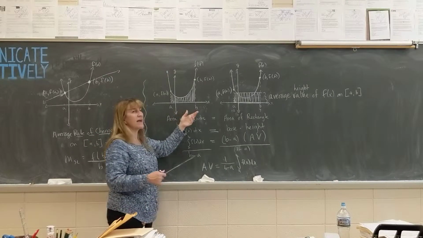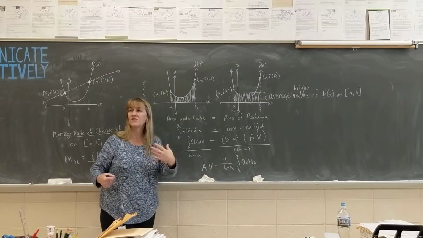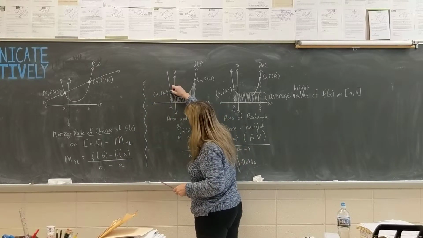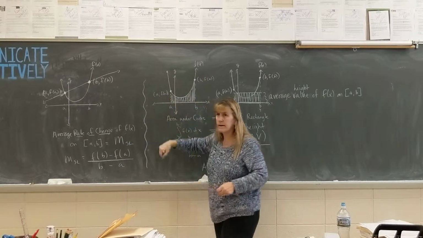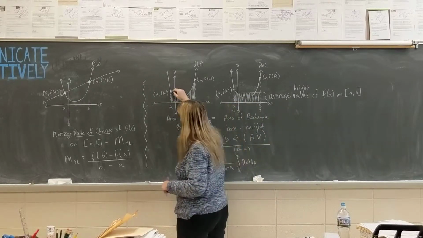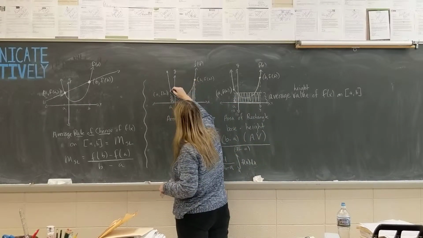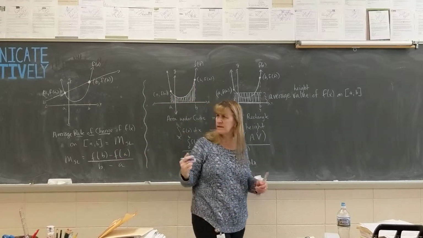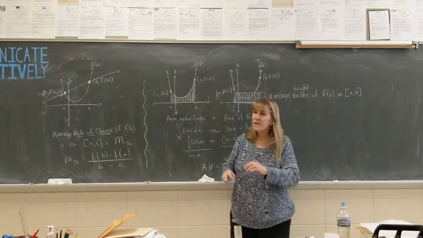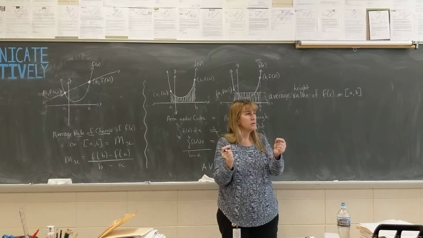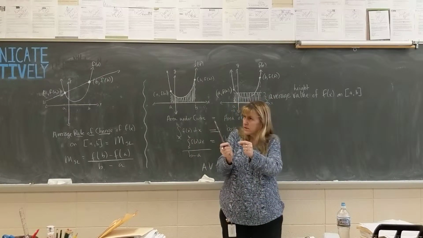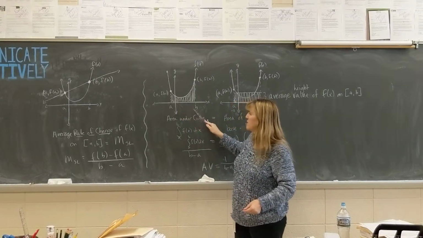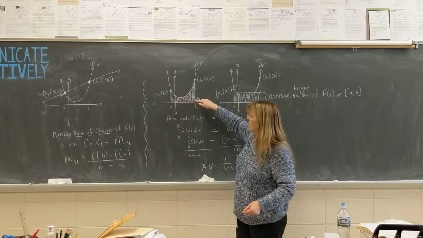Over here, I want to find the average value of a function, which means the average height of a function. So how many y values exist between this point and that point? How many y values exist on this function between A and B? An infinite. Did you say finite? There's an infinite number of points between any 2 points, aren't there? You can always go in the middle, you always go in the middle, you always go in the middle. There's an infinite number of points between A and B, so therefore there's an infinite number of y values between